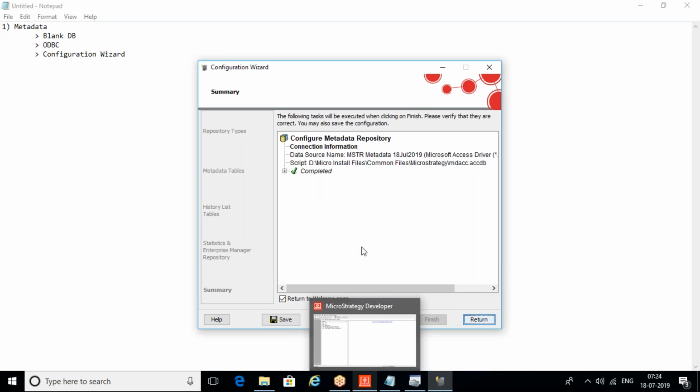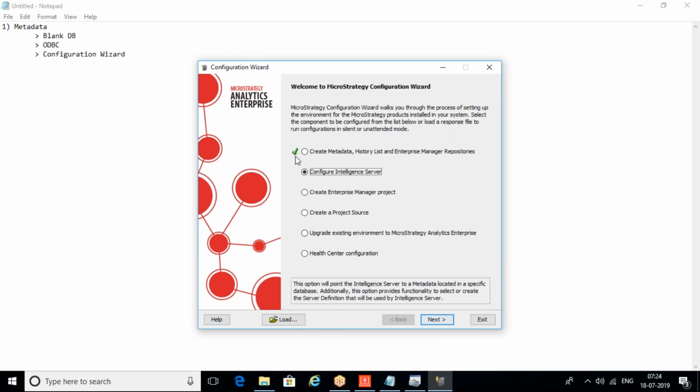Okay, and as you can see now, this step is completed. So the confirmation is my metadata is configured successfully. But let's try to validate. So what I'm going to do is